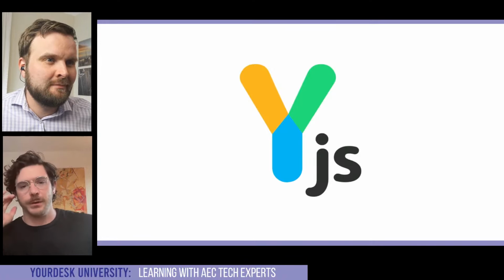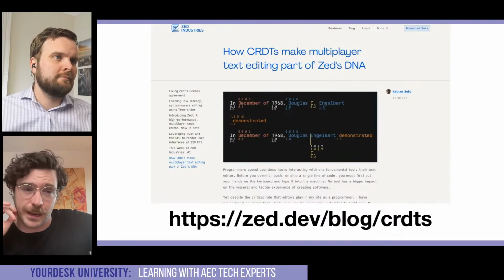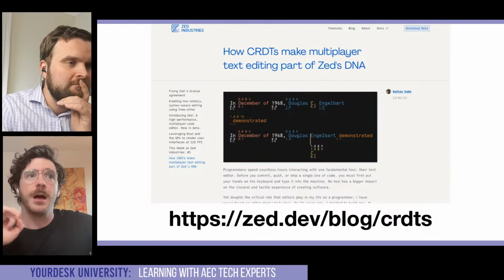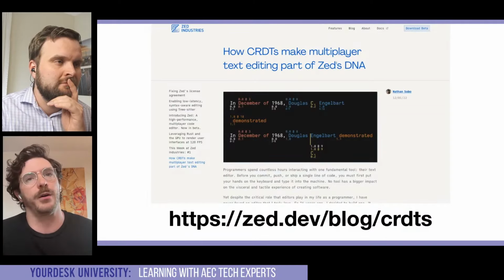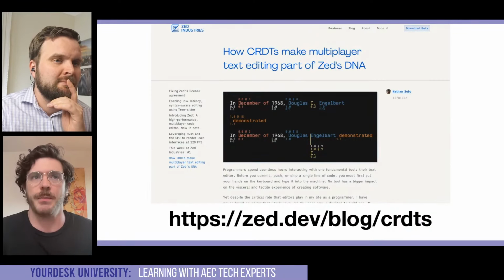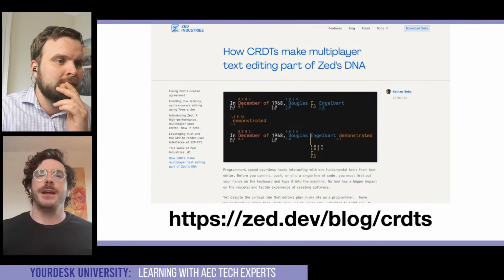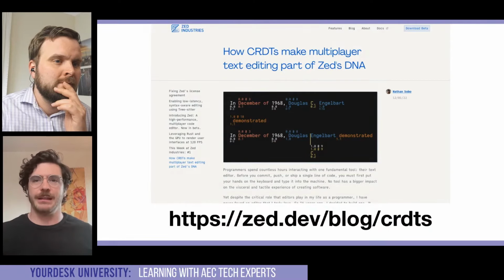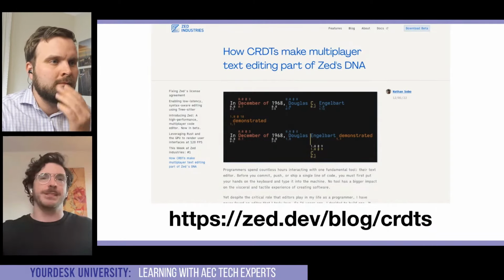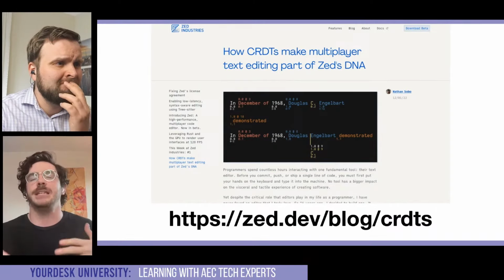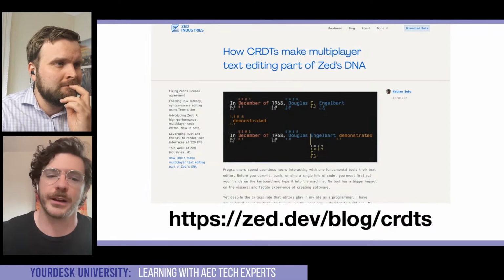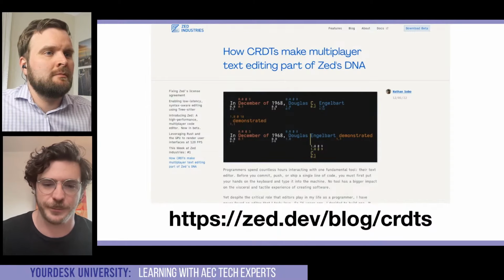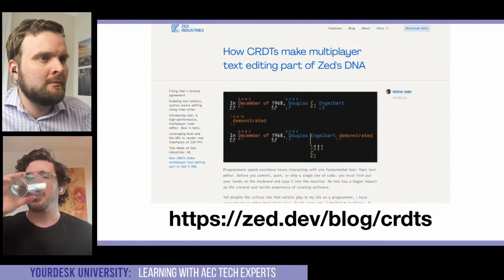And this is the link I was alluding to earlier. If you are interested in CRDTs and how they work, this is a really, really awesome blog post with a ton of interactive animations that describe how the parts work and how it actually figures out how to coordinate these various changes, which can come in sometimes in one order, sometimes in another order, but we have to be guaranteed that whatever comes out the other side is always going to be the same. So highly recommend checking this blog post out.